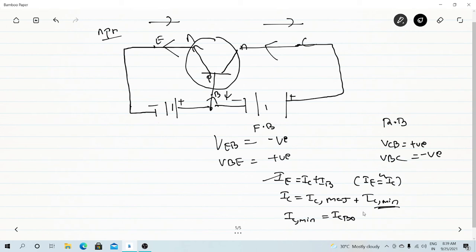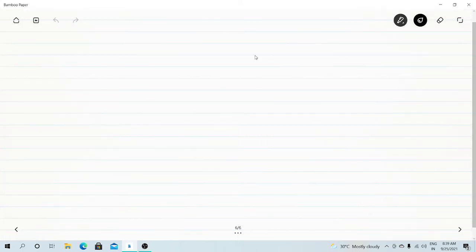So now let us come to the characteristic. The last part of the common base is the characteristic, to understand the characteristic. So let us draw the characteristic. We will see the input characteristic first, then we will go to the output characteristic. In output characteristic we will discuss 3 regions explicitly, that is cutoff region, saturation region and active region, and that is very important to understand DC biasing of the transistor. Whenever we are doing linear amplification, we have to fix the Q point, that is the main target. So we have to see all these regions, and then only we can understand the DC biasing.